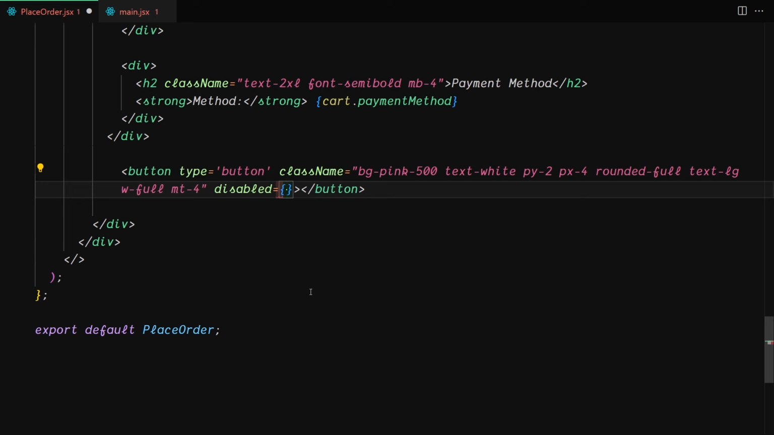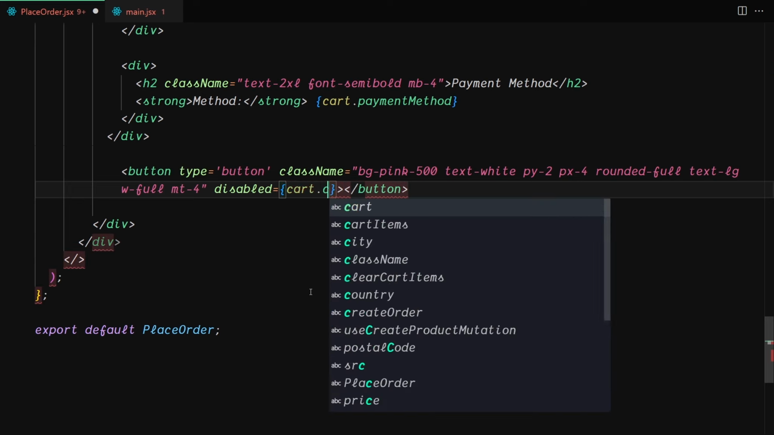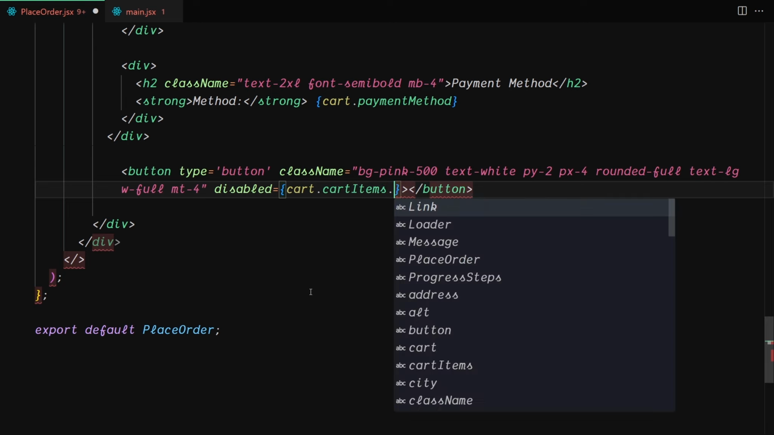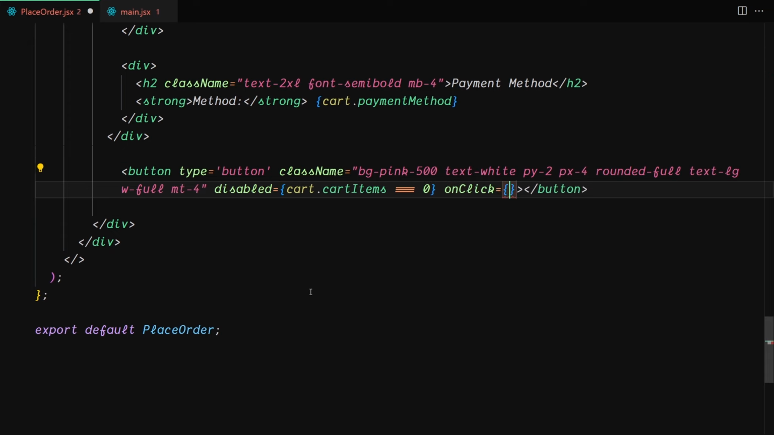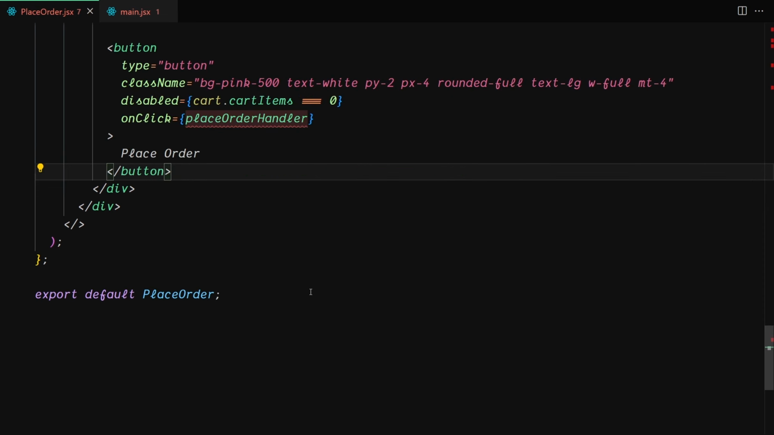When will it be disabled? When the cart, not catch, but the cart dot cart items is equal to 0, then it will be disabled. Okay, and on click handler we are going to be writing the place order handler right here. And for the label, let's just write place order right here, save our file, and now underneath there